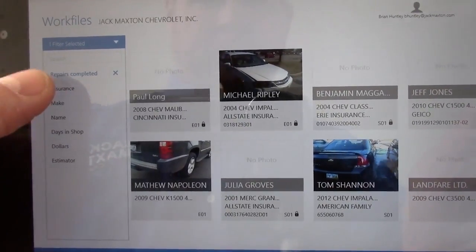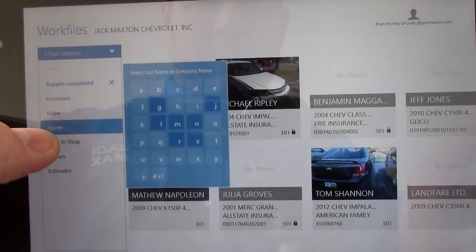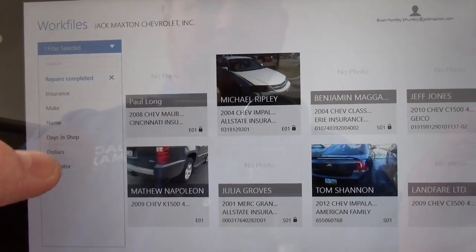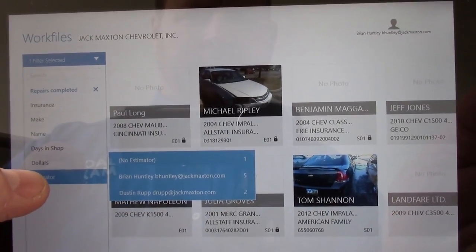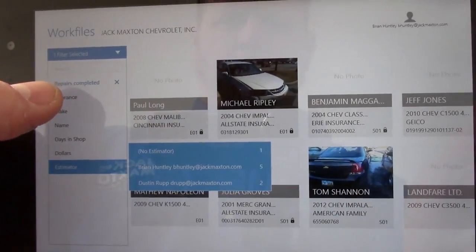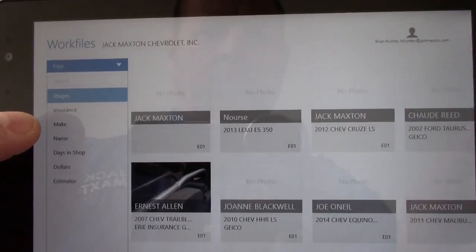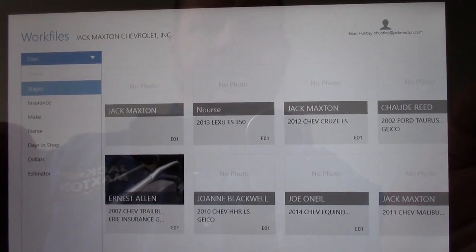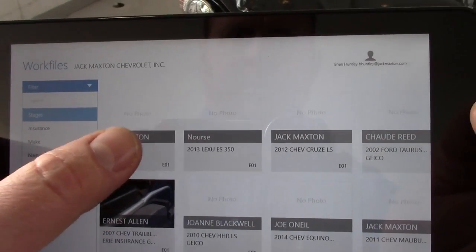You can choose from different insurance companies. You can choose by name of customers. You can choose by dollars, date in the shop. You can choose your different estimators. Pretty nice option for that. Then you can also remove those filters. For this particular vehicle, it was a vehicle that was damaged on a test drive, so we're going to use